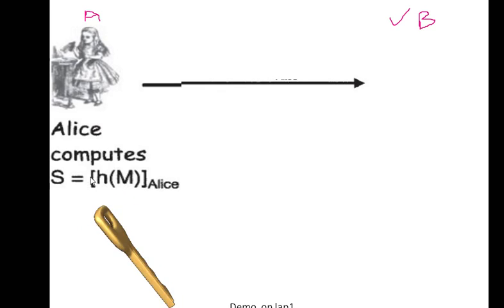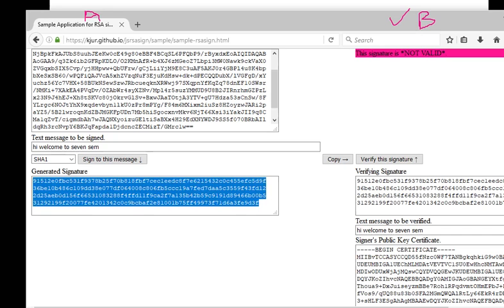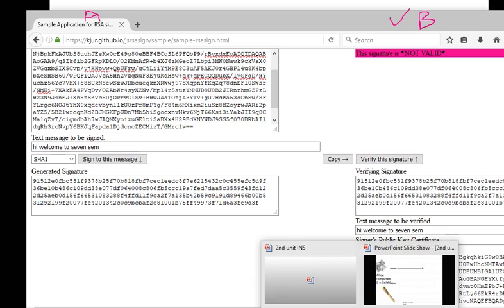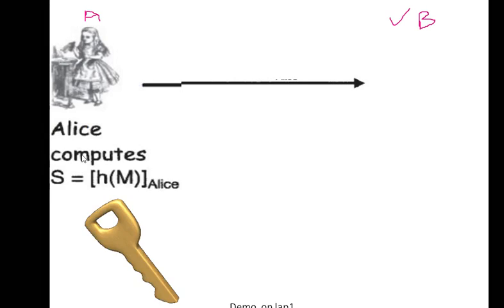This is the signature. We can call it the generated signature. How is it generated? Based on your message, this private key and the algorithm. From these three we get the generated hash value. The same way the hash value is generated here. After generating, Alice sends it to Bob.